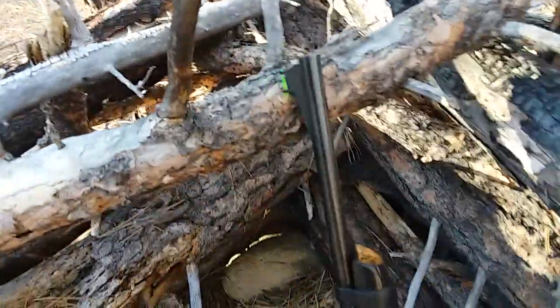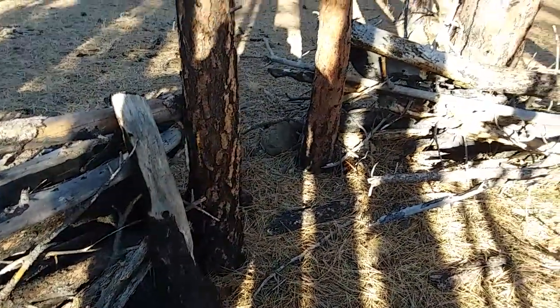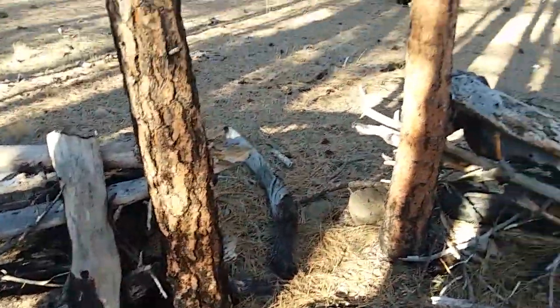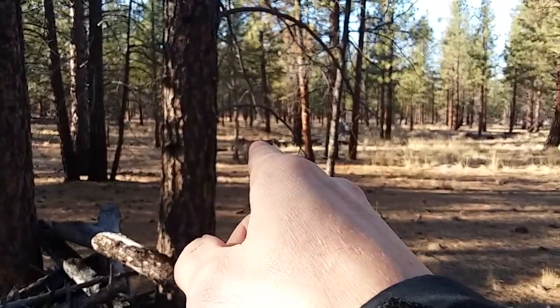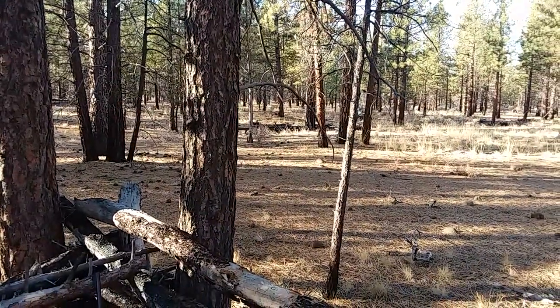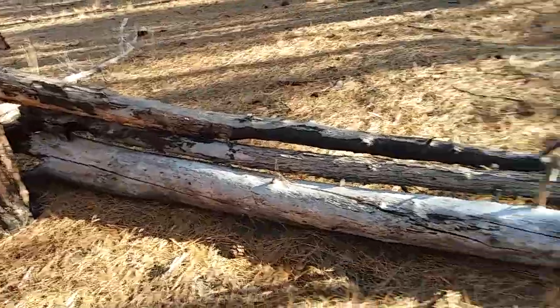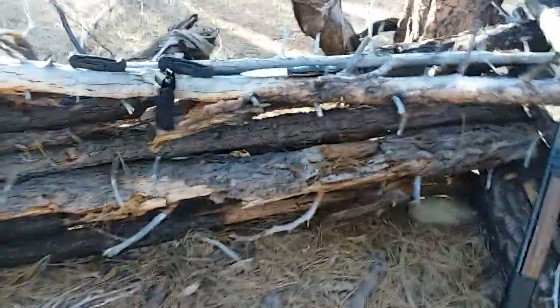I don't know if it's really a shelter, or, it's pretty cool though, because somebody put in some time building this doorway. They had a plan. There's another one right down here. That's not quite as well built, but there had to have been a couple guys doing it because they moved some big logs in here. But anyway,